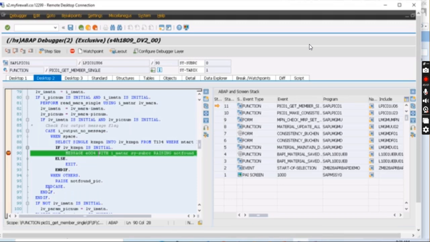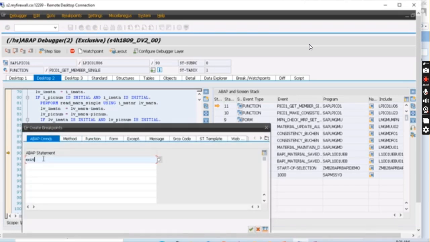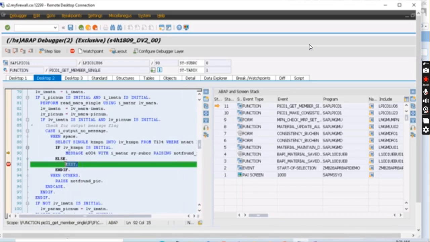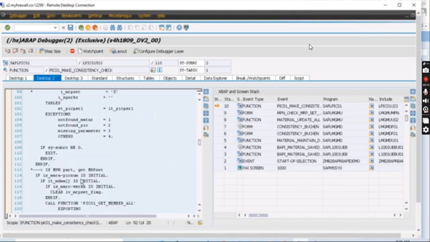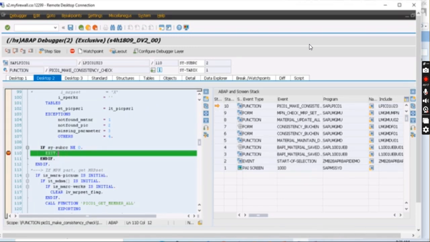So the conclusion is that suppose you want to see the exit statement, you want to stop wherever you are having the exit statement, you can just go and put the breakpoint on exit, okay, or return. You can see that as soon as I put it on the exit, it will automatically go and create the breakpoint for every exit statement. Suppose you want to see why your program is exiting while running, and if your program is a very big program, in that case you can use this dynamic breakpoint option.